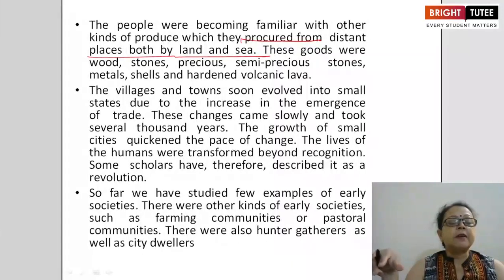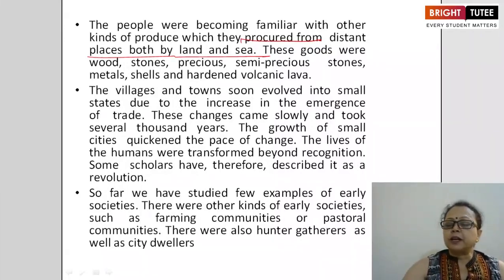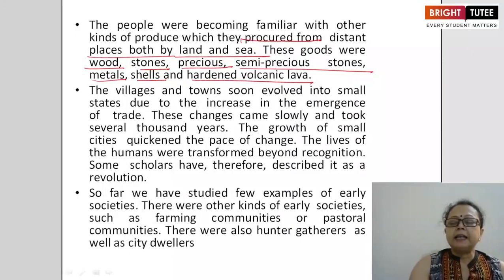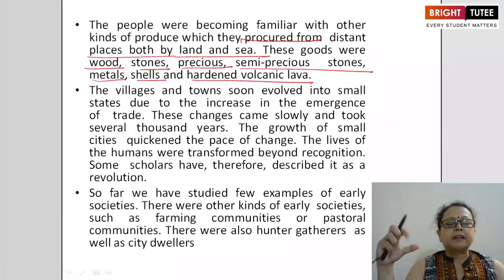The Mesopotamian civilization had trade relations with India, meaning the Harappan civilization, the Indus Valley civilization. So the exchange of goods and commodities was there in those days also. These goods were wood, stone, precious and semi-precious stones, metals, shells and hardened volcanic lava, the black color. In the later part of the chapters, we will study the concept of jewelry making and how the beads were prepared and brought as an import item from distant